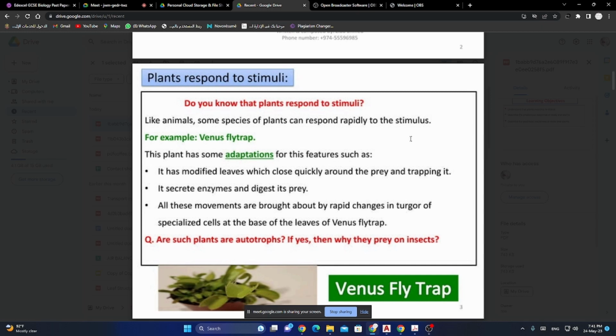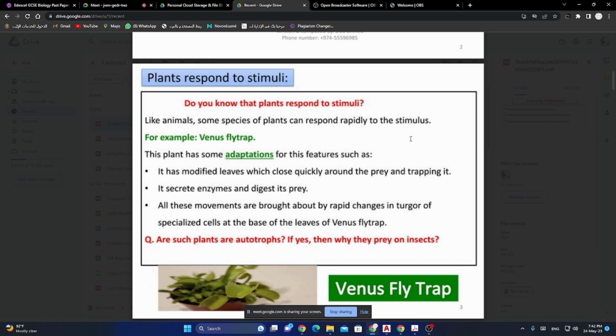So, do you know what stimuli is? Right, a change in surroundings that an organism can detect. That's what a stimulus is. So, just like animals, plants also have some types of stimuli that they can respond to. Even though for most stimuli the response is very slow, some species of plants can respond very fast to